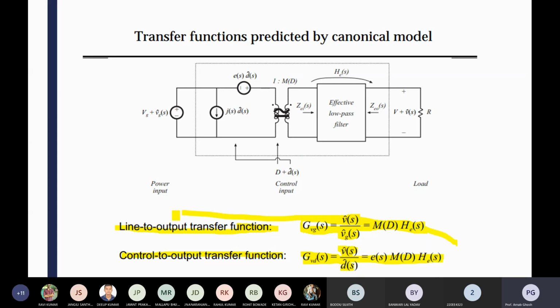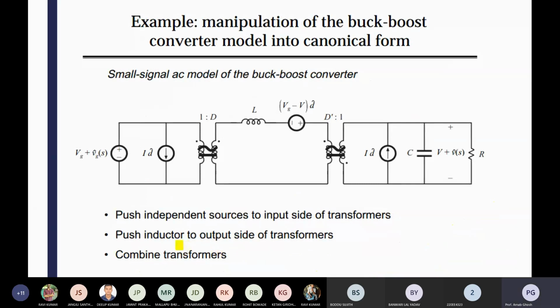These two I have already discussed in the buck converter, boost converter, and buck-boost converter. That generalized modeling, and how it is coming, I have already discussed. I have directly written those formulas. Now the example for the buck-boost converter for the same modeling method.